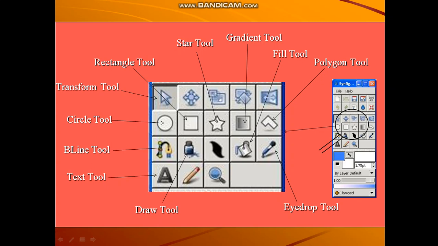Then fill tool to fill color. B-line tool is given, that we have to study. Then text tool is given, that is used to write some text. Then draw tool is given. So these are the tools available in the toolbox.